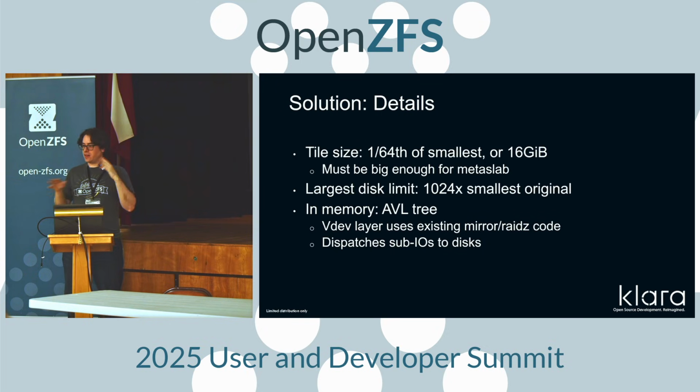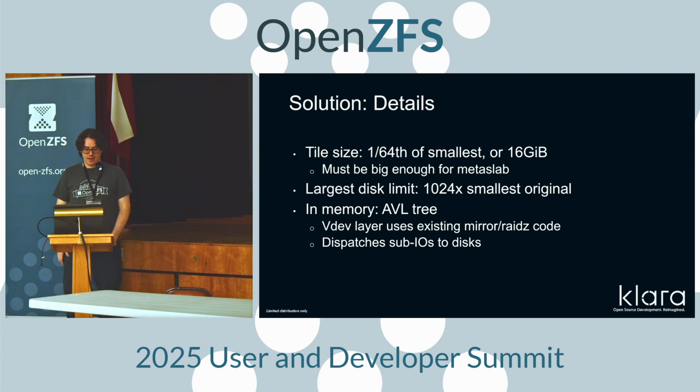I've talked about the tiles, how they're the same size on all the disks. The specific size of those tiles is tunable. There's a bunch of options, but the defaults are that it is either a 64th of the size of the smallest disk that's part of the VDEV at creation time, or 16 gigabytes, whichever is bigger. We want to store entire metaslabs together within a single tile so that we don't have IOs going across tiles and then having to split those and create more complicated ZIO trees. So 16 gigabytes felt like a reasonable floor, and 1 terabyte is a pretty reasonable size for hard drives in